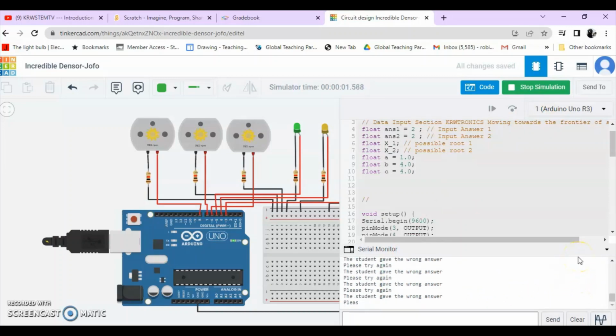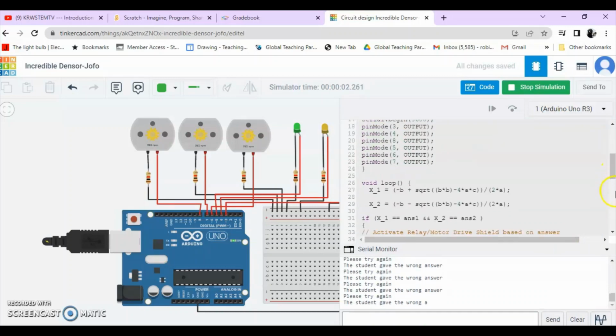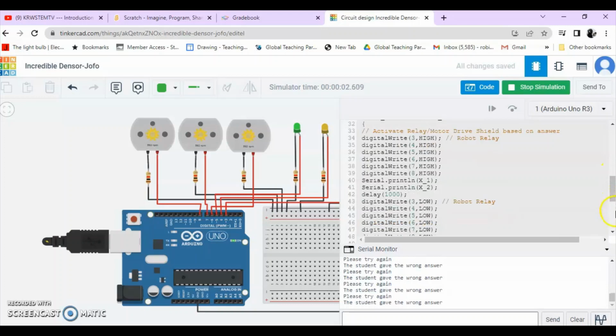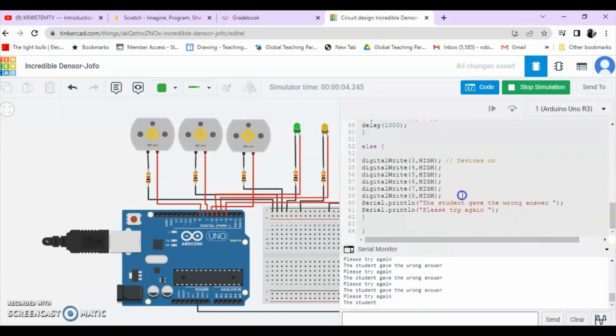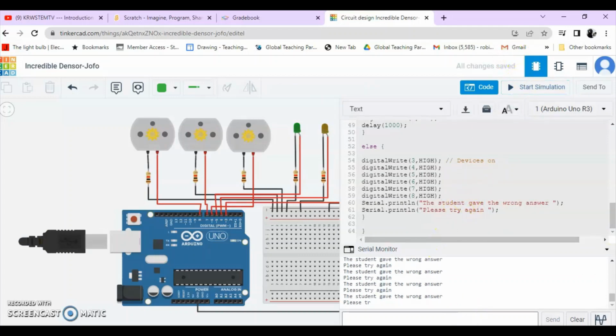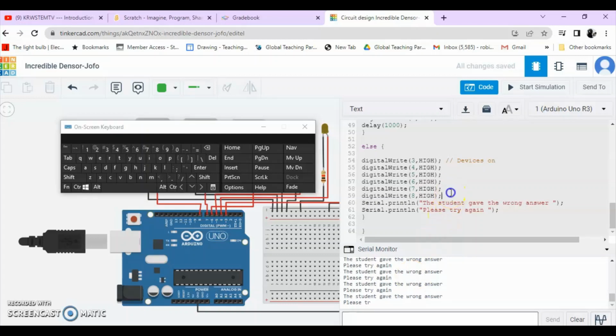Alright, so that is the concept. That is what will be printed out on my serial monitor. And of course, if I wanted to still show the values when the student gave the wrong answer, I could also print out the answer that the student gave as well. Alright, I think that is a good idea. So let's just stop this and print out the answer that the student gave